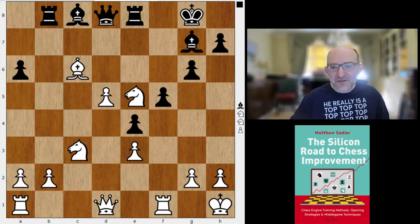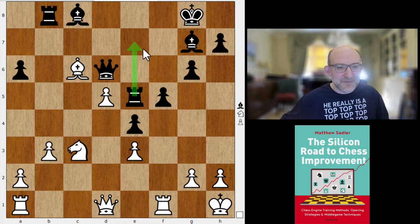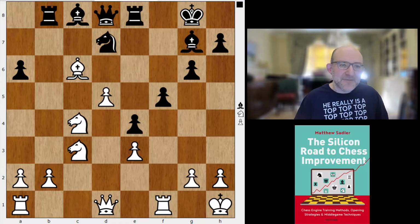So if you go knight e5, I go rook takes c5, and then I play the queen to d6, and play rook e7, bishop e5. Seemed decentish for black to me, and the engines thought that was quite reasonable as well. Rook f8 is quite slow,